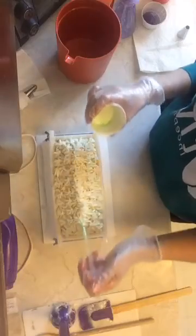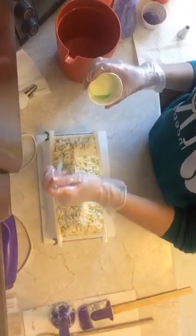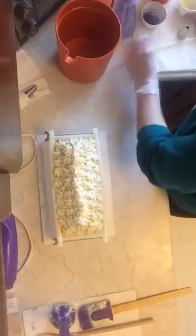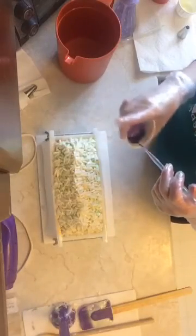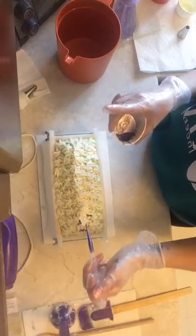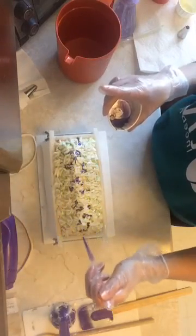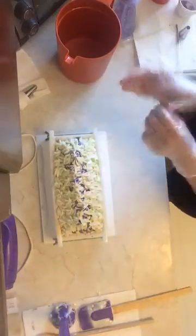And this is, again, just very free. Do whatever you want. If you don't want to do this, don't do it, right? The only thing I would say is not to add too much, is my only advice, I guess. So I'm just going to try and keep that on top. And there we go. So that's done. Now I am going to take off